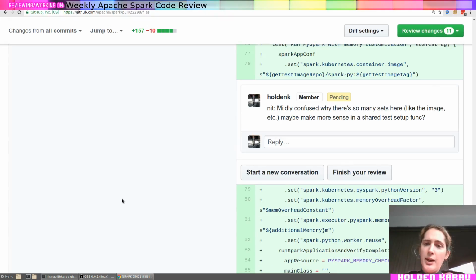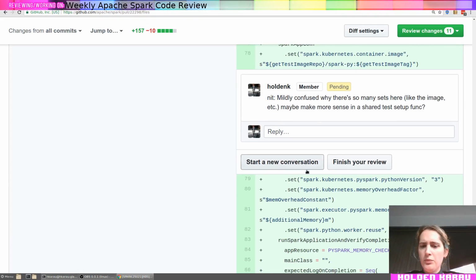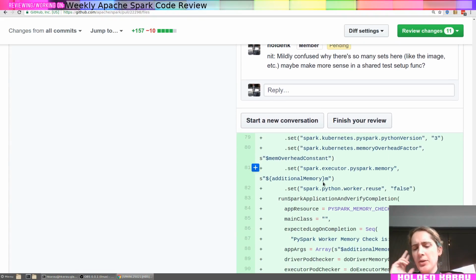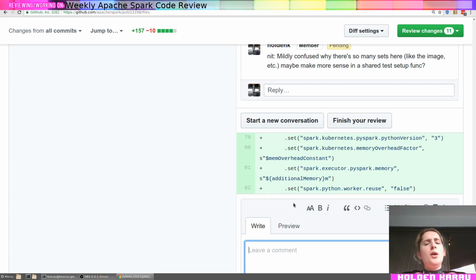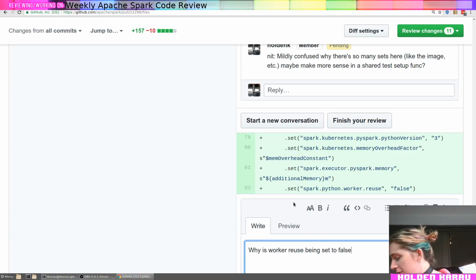But there's just some extra sets here, which it seems like we would just be doing in other places. Why is worker reuse being set to false?